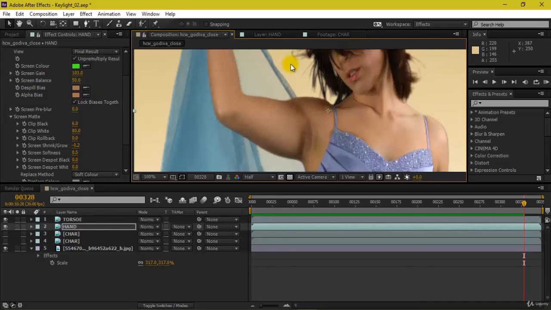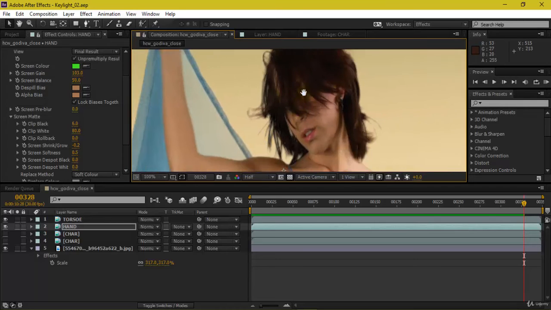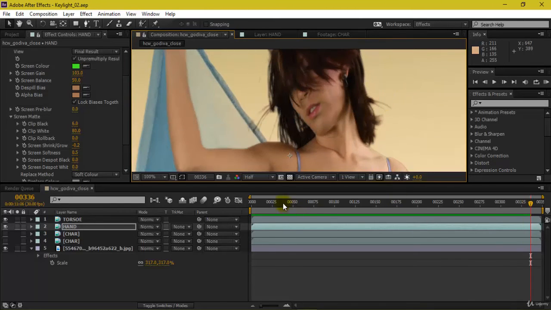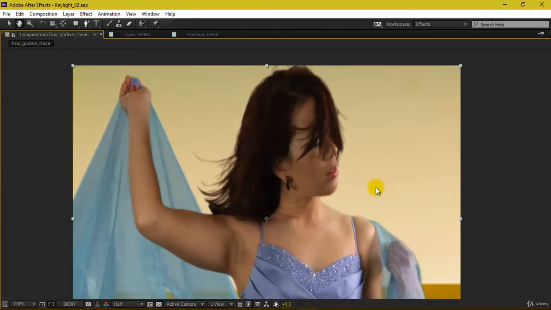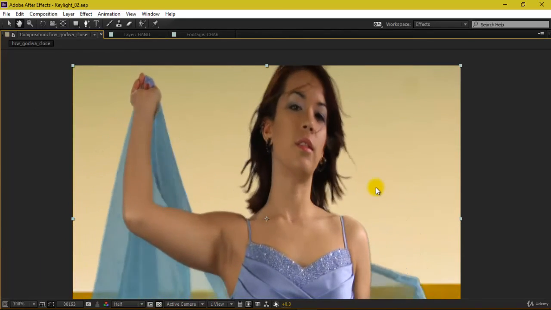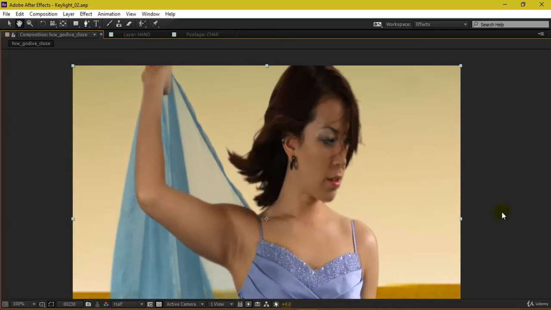There are several other procedures, tips and tricks, and parameters which need to be tweaked. So I hope you are able to understand how important it is to work on chroma footage, and how many steps there are in order to get a very fine output.